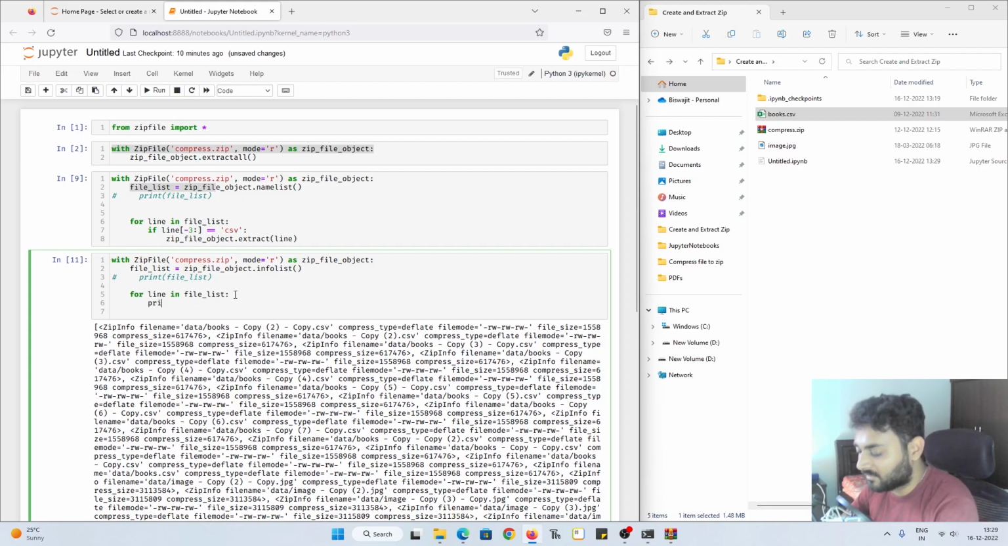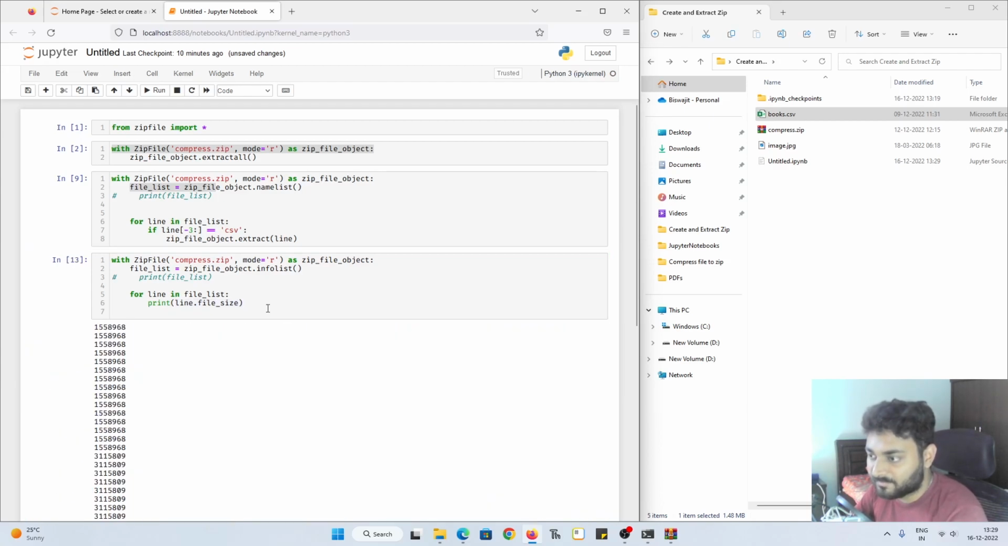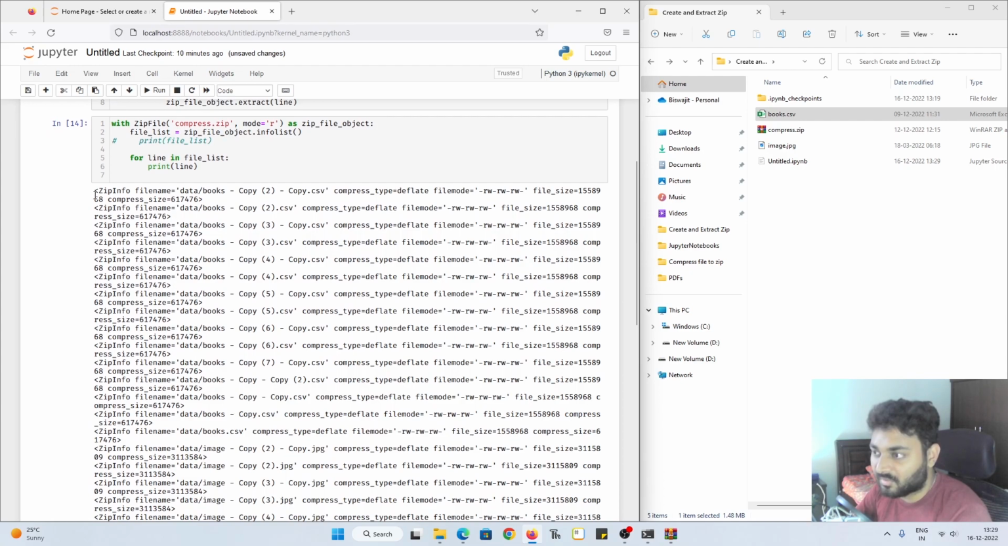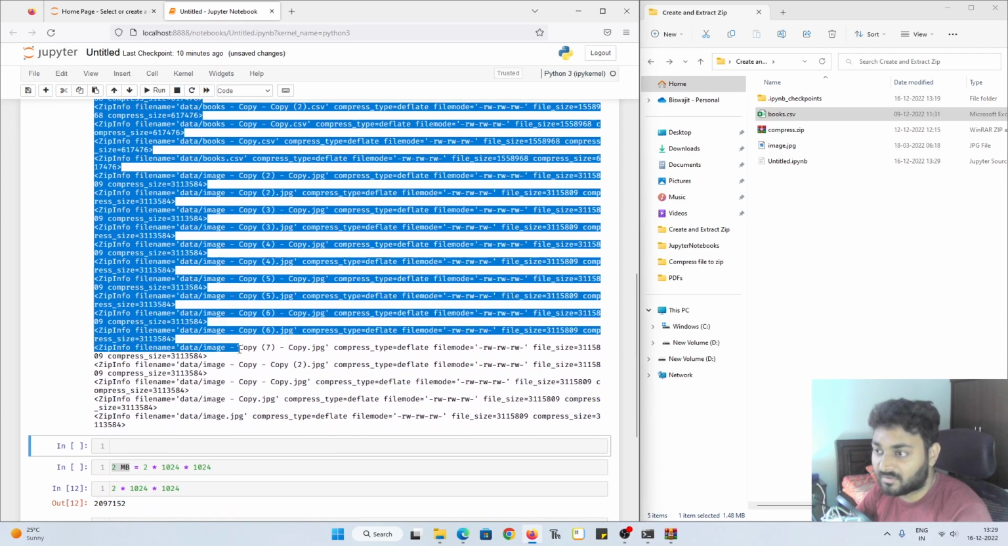Now what I need to do is print line dot, and you have this. Let's suppose we want the file size, not the compressed size, just the file size. If we paste this, line dot file size, it's going to give us the file size. Now if I remove this part and do shift enter, it's going to print all the properties of the file, like the name,